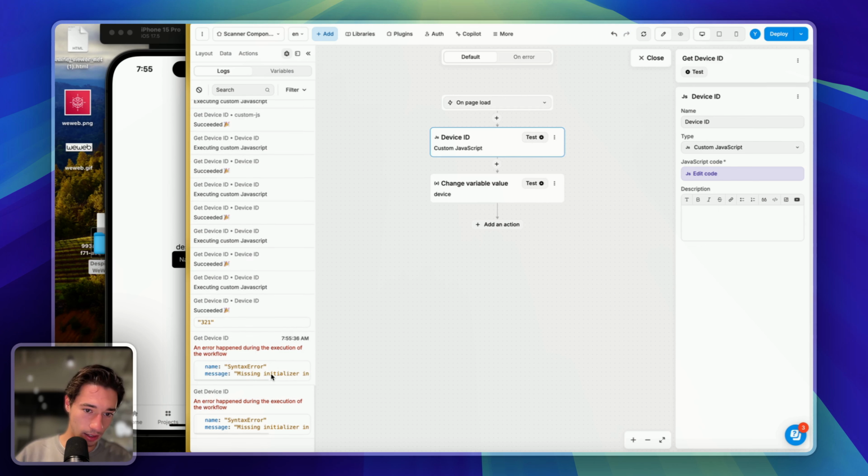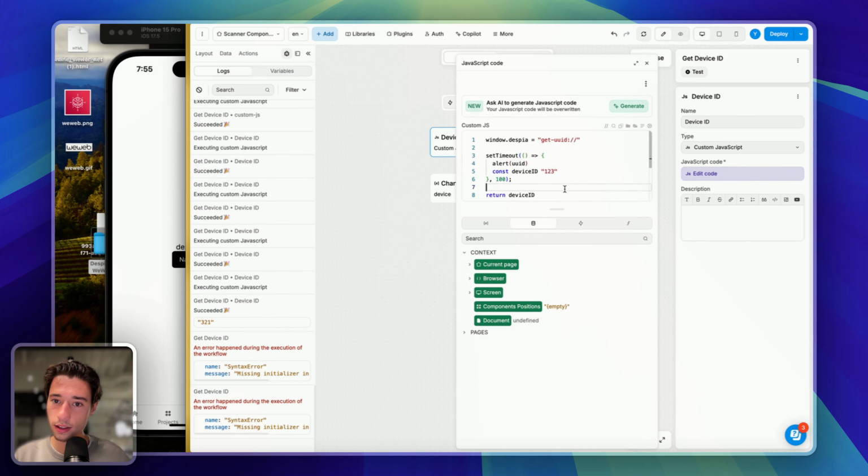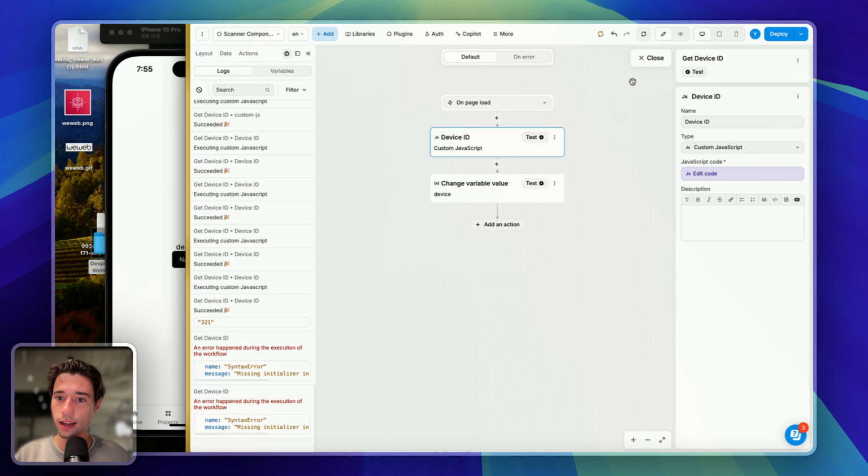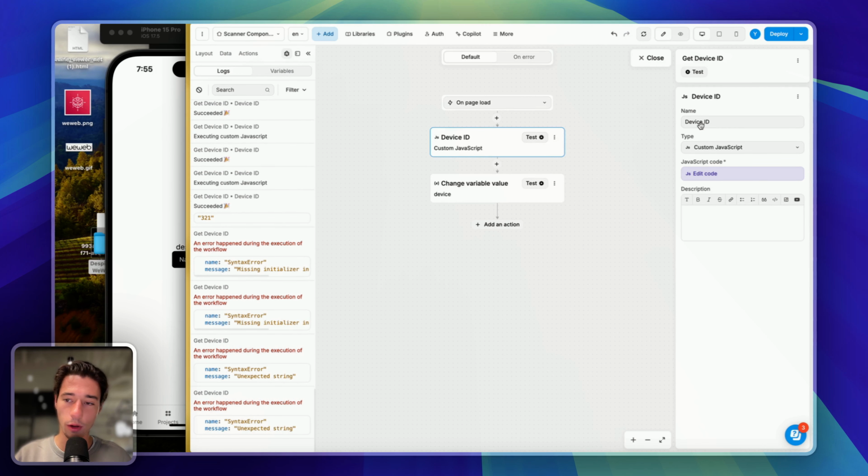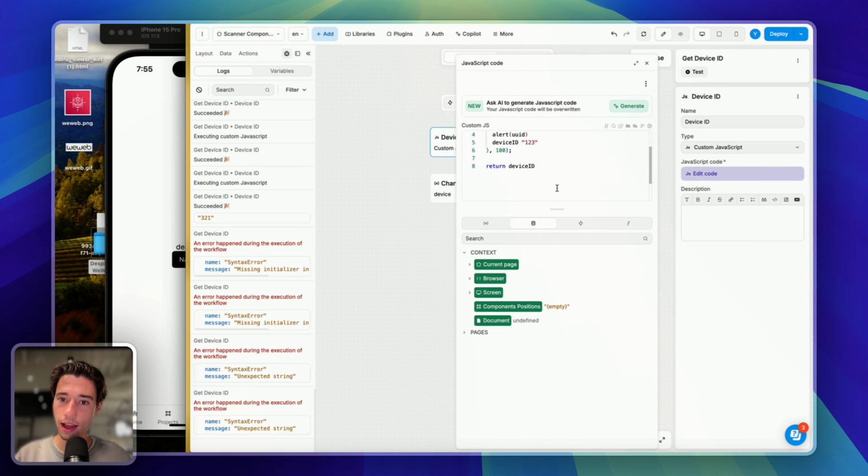Missing syntax. Did it happen doing this? Okay. Const device ID. Maybe we can't use const in here. We'll try that again. No. So here you go. I have device ID. It's not defining that. So, I need to do equals. Maybe that's it. So we'll do